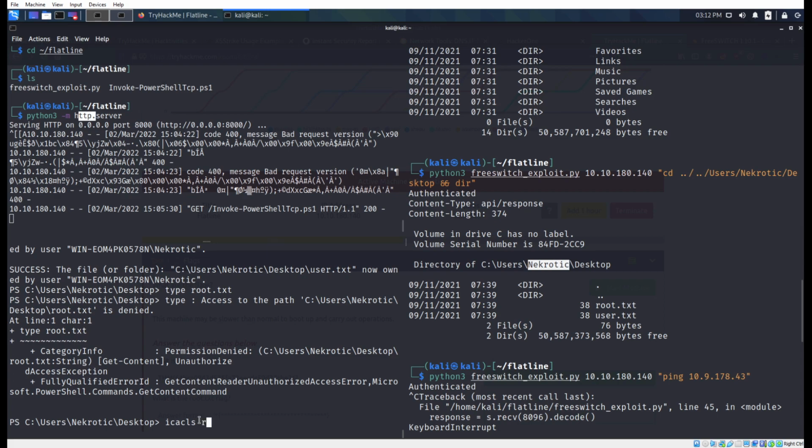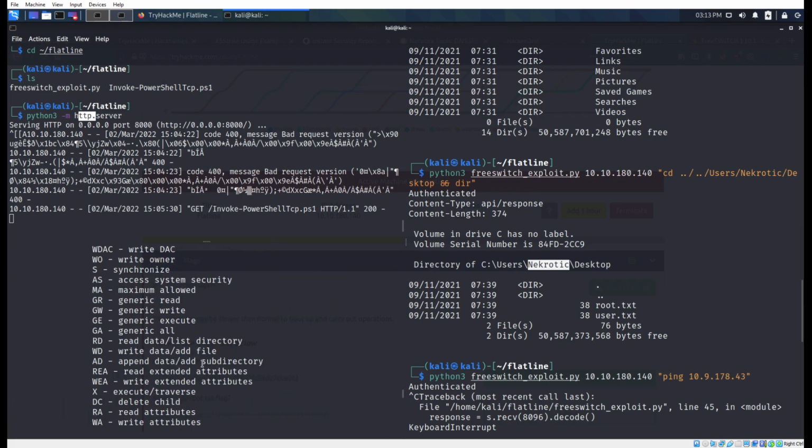So what we are going to do now is pass the root.txt file into the command, and these options will literally